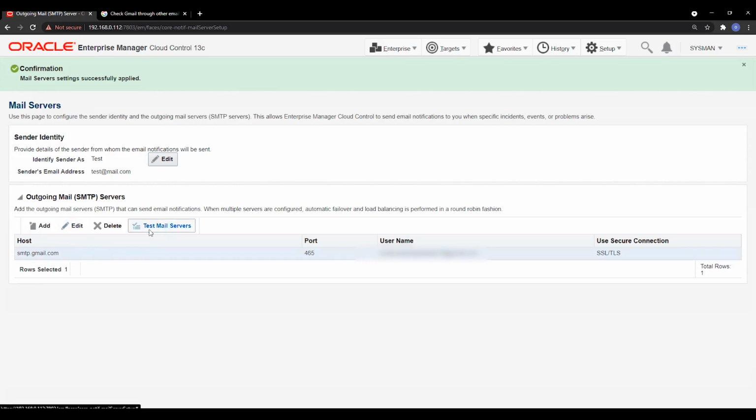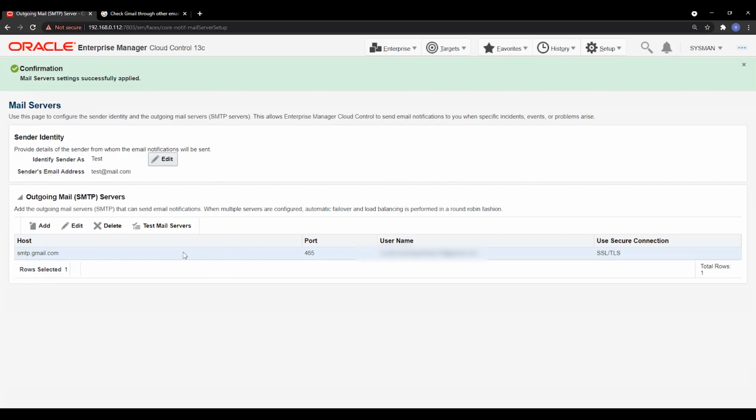Apart from that, you can click on test mail server. But before doing the test, we have to make certain changes. I'm going to tell you what you need to do before doing anything over here. Since Gmail is a very secure email, you have to modify certain settings in your existing Gmail account.